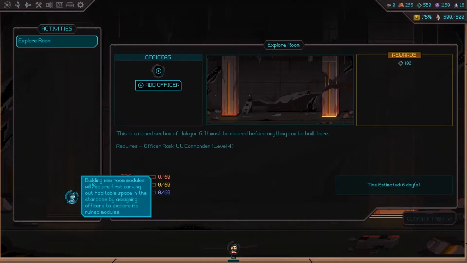Building new room modules will first require carving out habitable space in the Starbase by assigning officers to explore its